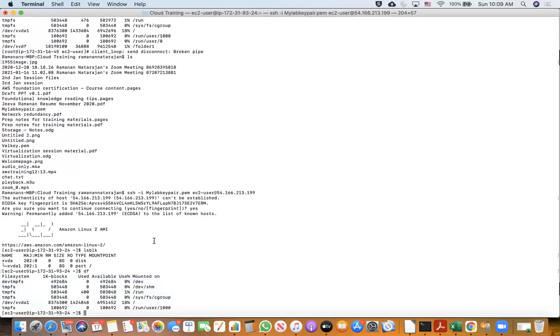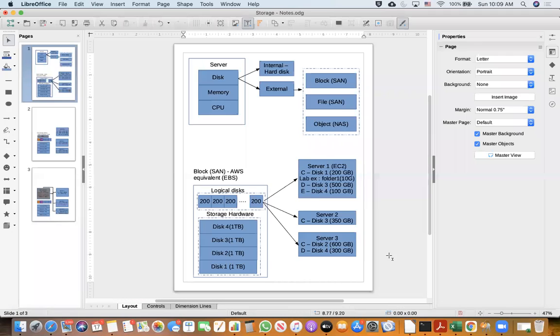If I have to create additional files and additional file systems, then what I need to do, like I mentioned in this particular diagram, is create, as an example in the lab, an EBS volume, and from that particular volume, I need to mount that volume to various mount points.